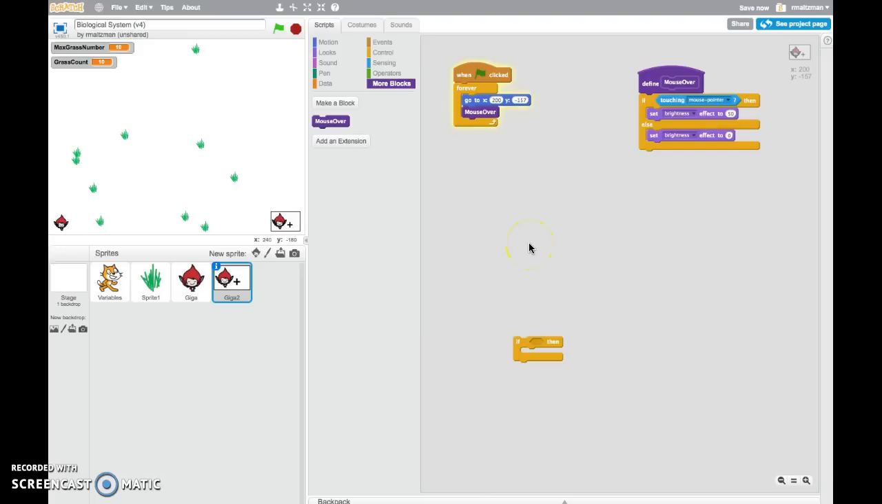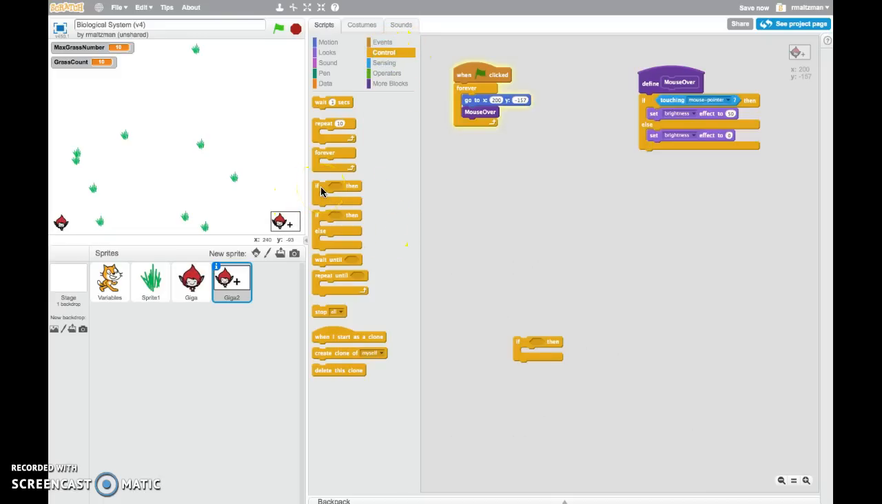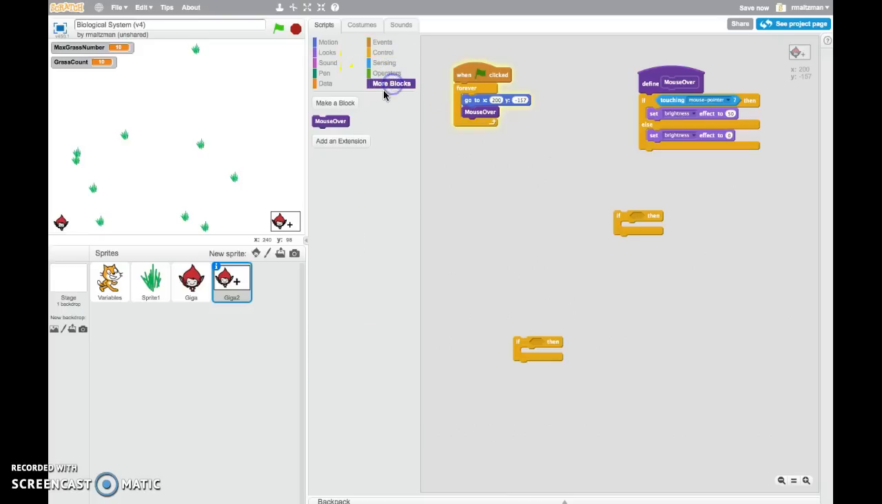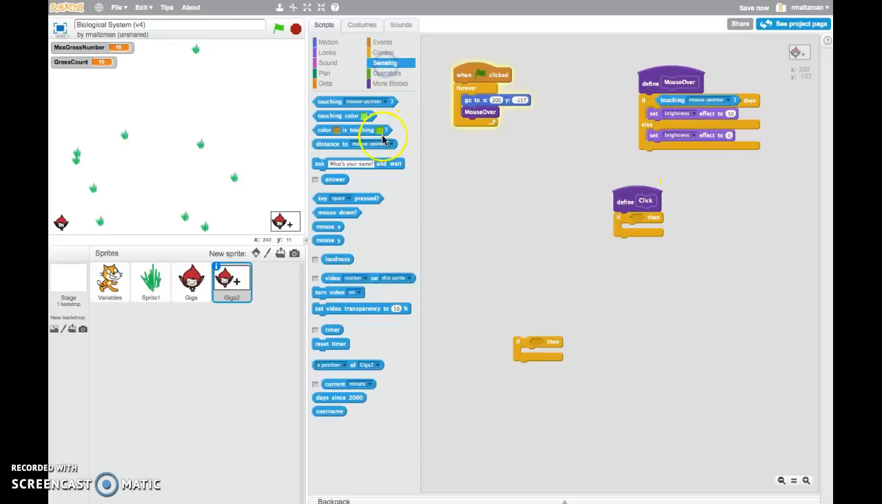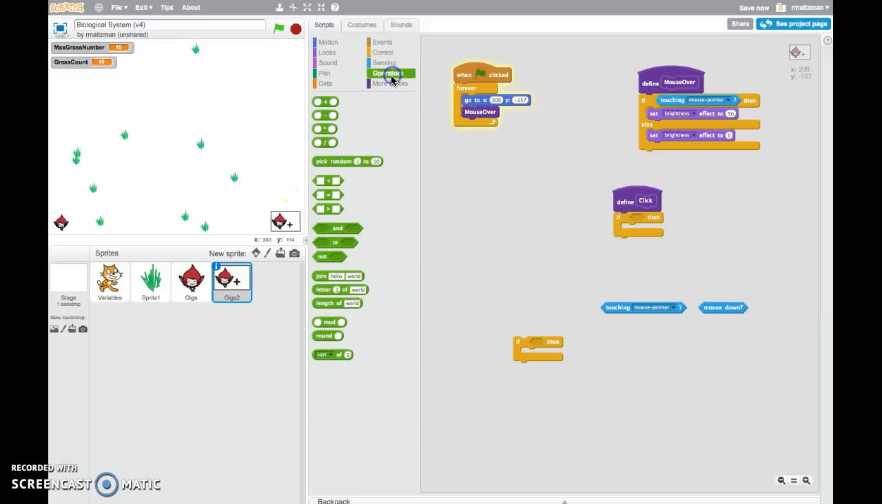Okay, now I also need to define what to do when I'm clicking it. So, control, if, okay, it's the same thing that we did last time. Okay, so I'm going to make a block click, and this is what click is going to do. If the mouse is down, or if it's touching the mouse pointer, so if touching mouse pointer and mouse down, so if both of these things are happening, then